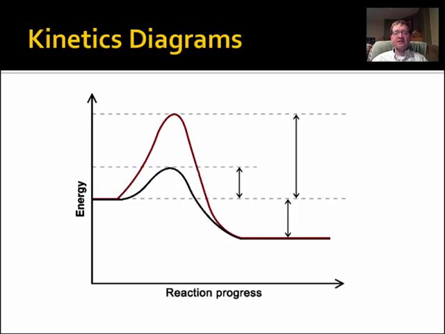What I'm going to have you fill out and add a little bit of labeling to, on a reaction kinetics diagram, are some terms and locations along this curve that have to do with the energy involved in the before and the after, or in the reactants and the products, and in some of the energy that's required to get from reactants to products. So what you'll see on one